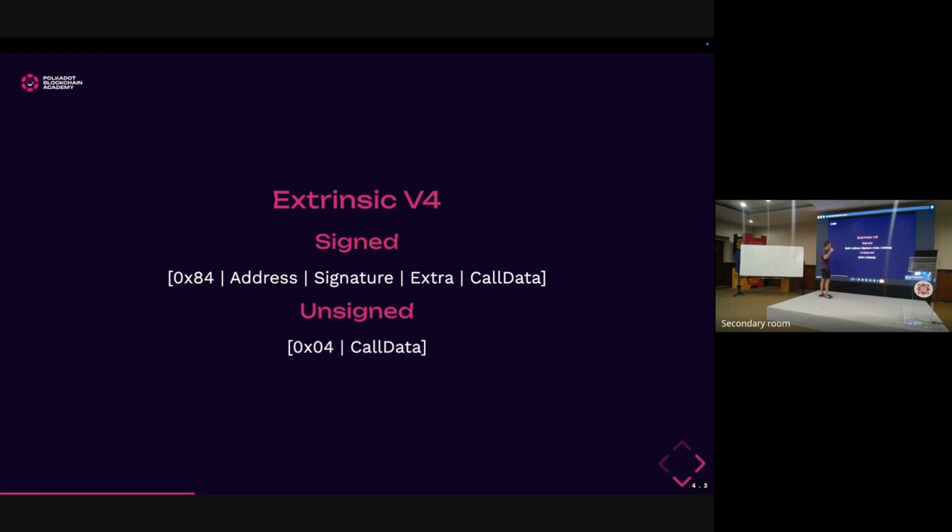Okay, so in extrinsic v4, remember, like the previous slide, we had two different kinds of transactions, signed and unsigned. Unsigned are super duper simple. They only have one byte. Here, this byte indicates